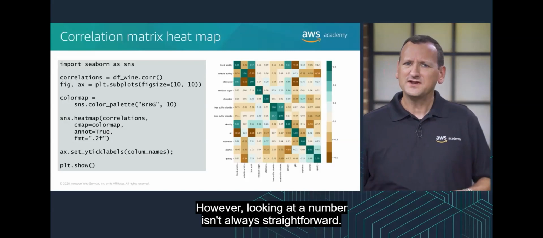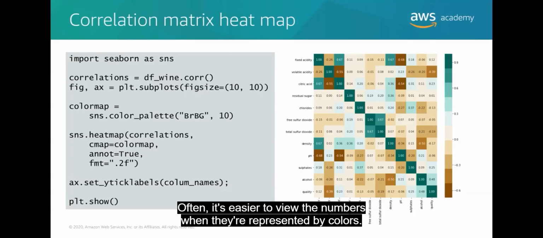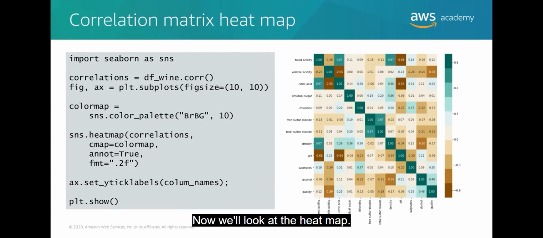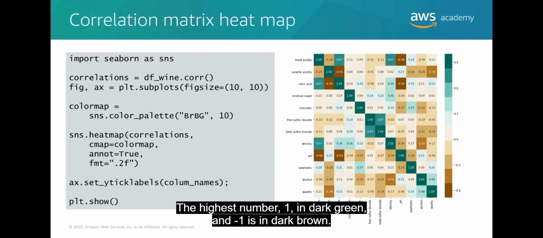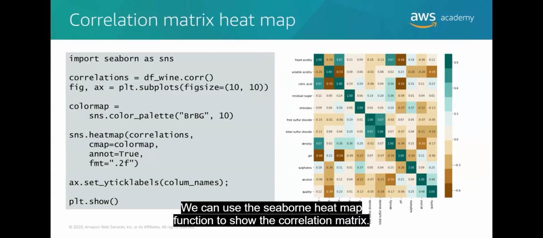However, looking at a number isn't always straightforward. Often it's easier to view the numbers when they're represented by colors. Now we'll look at the heat map. The highest number, 1, is in dark green, and -1 is in dark brown. The color gives you both the positive and negative directions, and it also shows how strong the correlations are. We can use the Seaborn heat map function to show the correlation